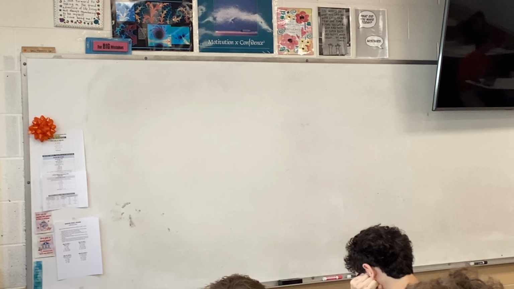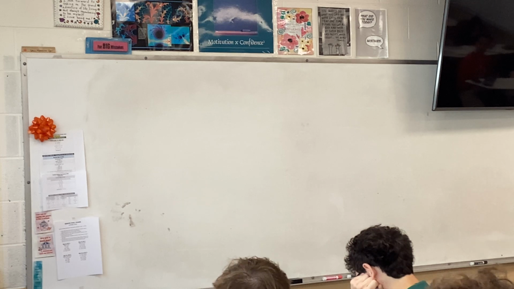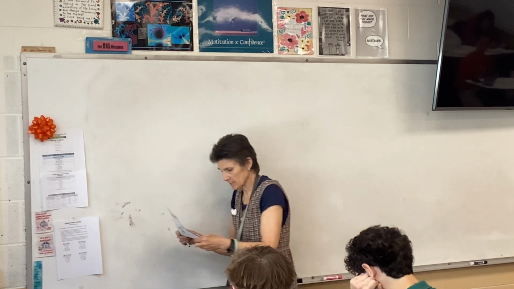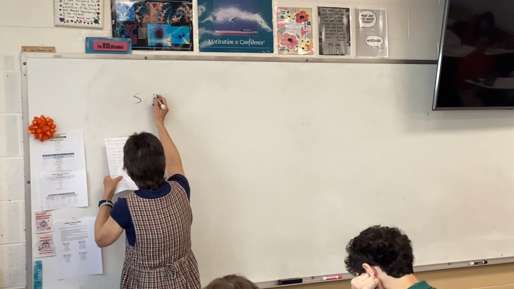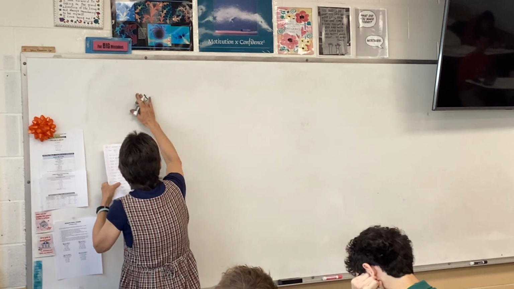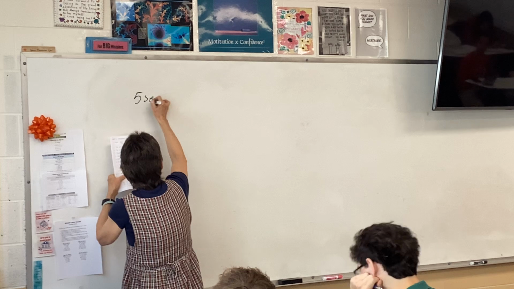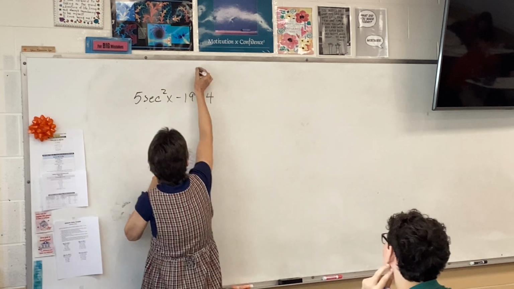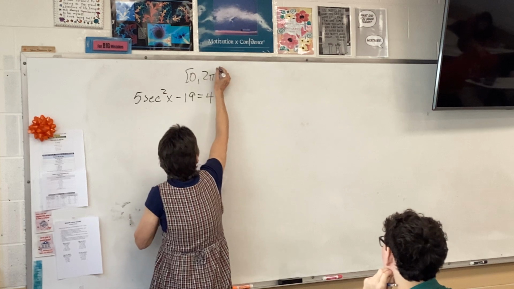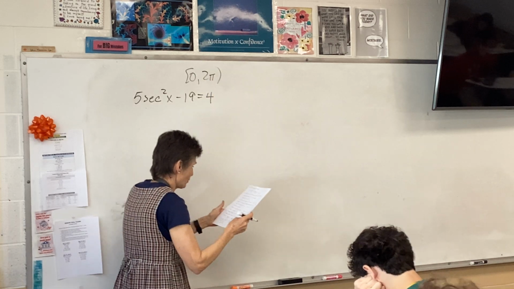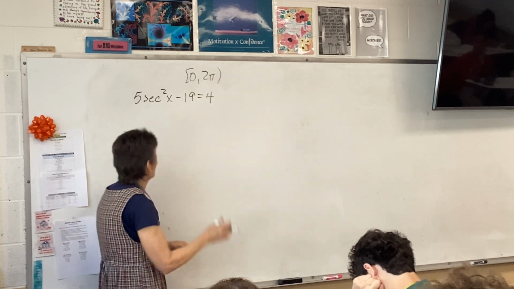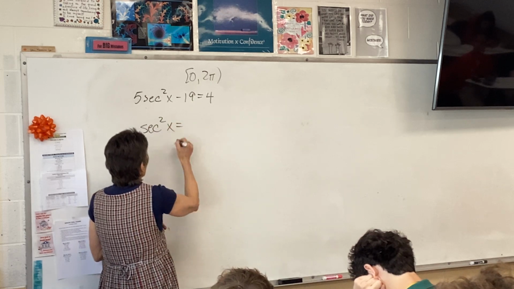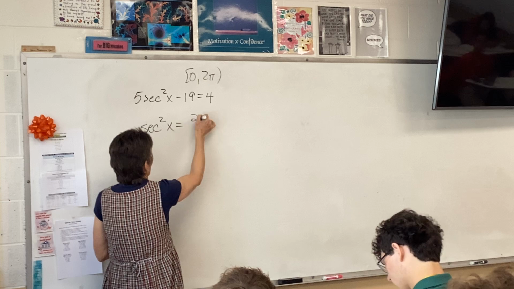Okay, so this is the additional review, problem number 11. Solving, this is with a calculator, 5 secant squared minus 19 equals 4. Okay, so first of all, we're just going to solve it. So we'll get secant squared by itself. So it looks like secant squared is 23/5,